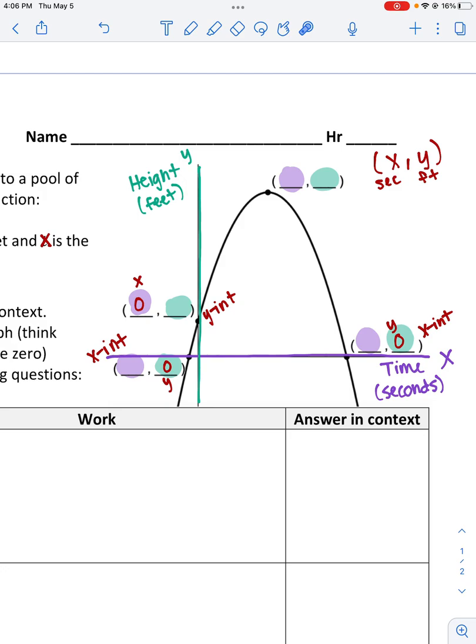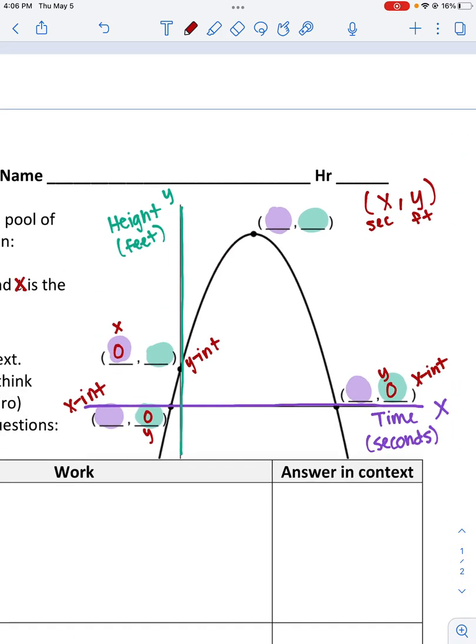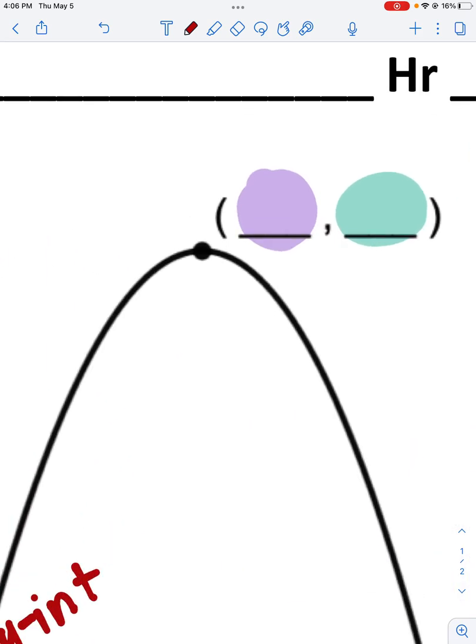And then for parabolas, we have a unique key point of a vertex. The vertex is that turnaround point of a parabola. In real life situations, it's often going to be a maximum point. There are some situations where it's a minimum. If my parabola goes this way, it'd be down here. But regardless,